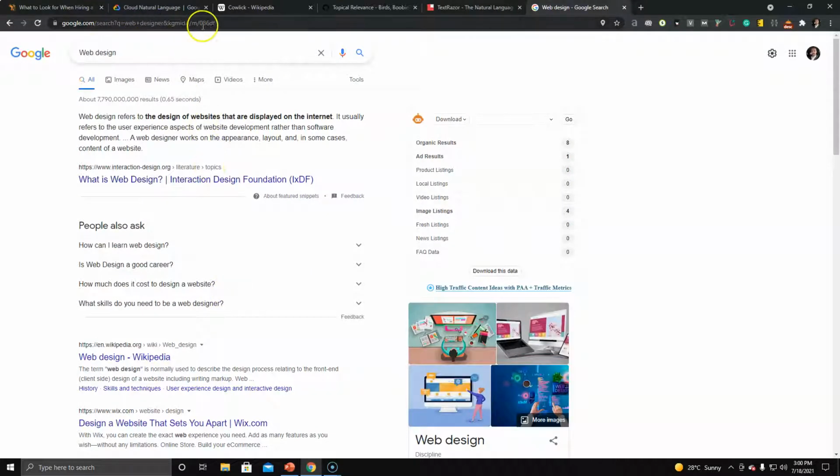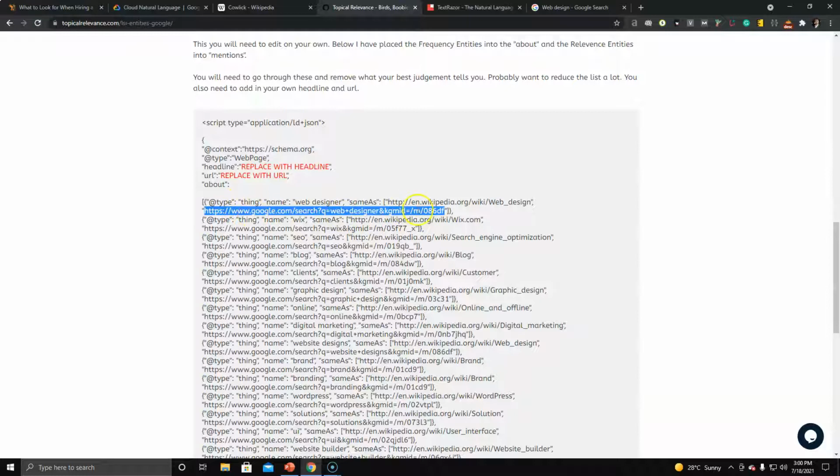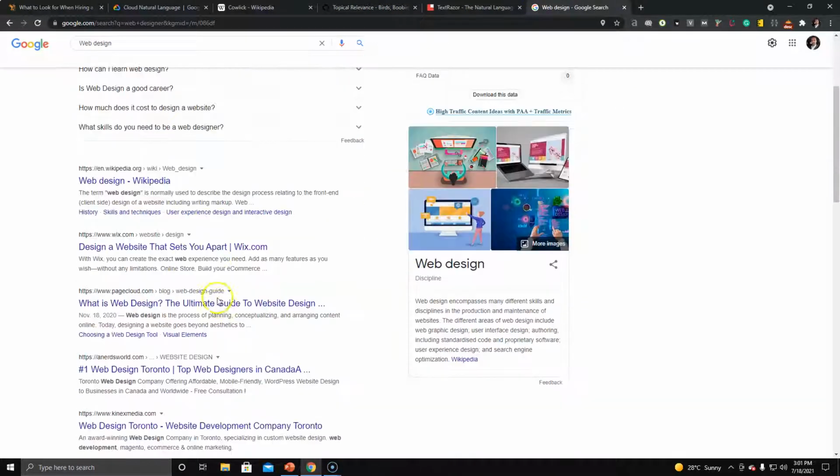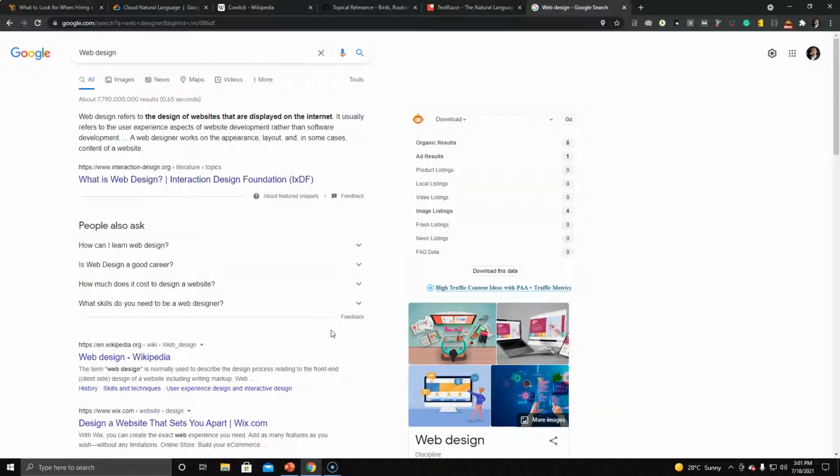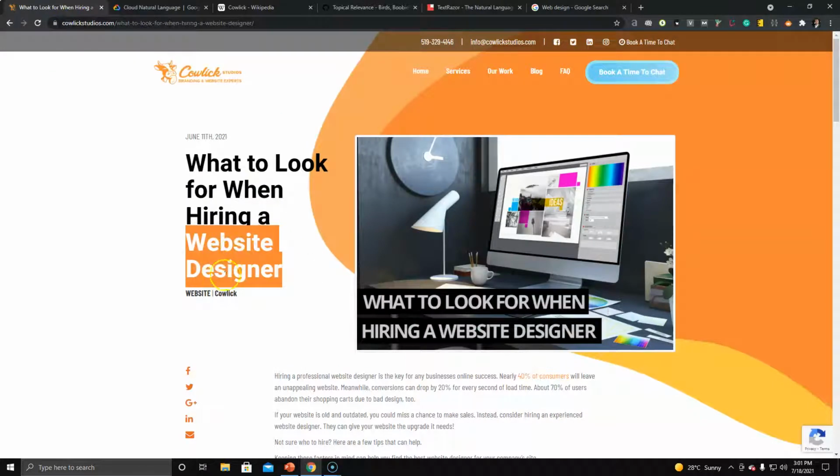So anytime we use that in our schema markup code, as far as sameAs, the way that it's been displayed here is a direct injection of just pure topical relevance. We're saying, you know, this article is about a web designer. Here is the Wikipedia page about web design, and here is the machine readable ID with a full list of links as far as relevance on what web design is. Google will take these links and scrape them and give you a ranking boost, because you're doing sort of node referencing. You're telling Google that this article is specifically about web designer, instead of having it try to figure it